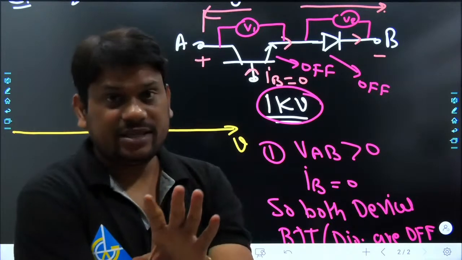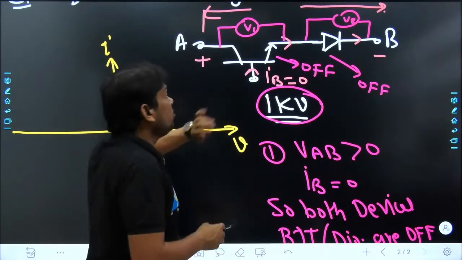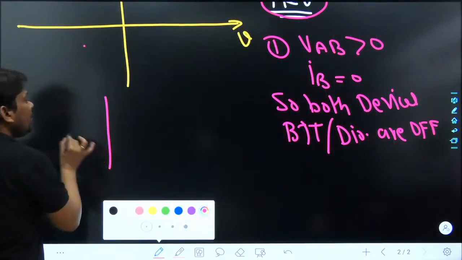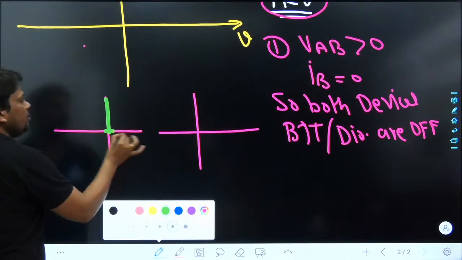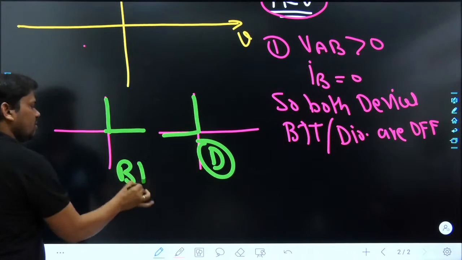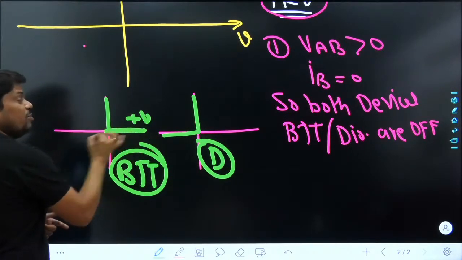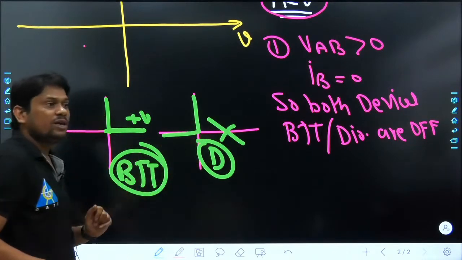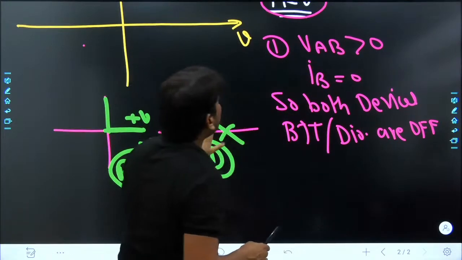Very nice, it is absolutely correct. Why is it absolutely correct? Because we know the VI characteristic of the BJT and the diode. The VI characteristic of the BJT will look like this, and the VI characteristic of the diode will look like this. BJT can block positive voltage, but the diode cannot block any positive voltage. So if you apply positive voltage across this switch module,